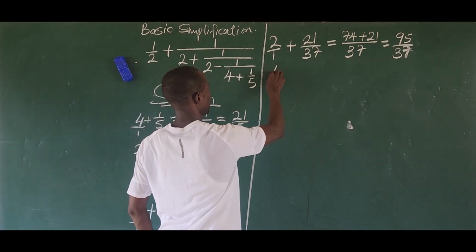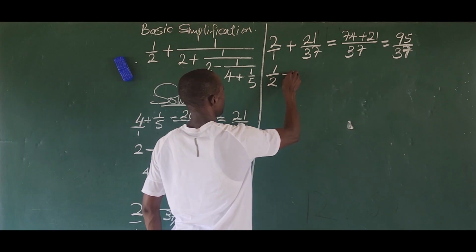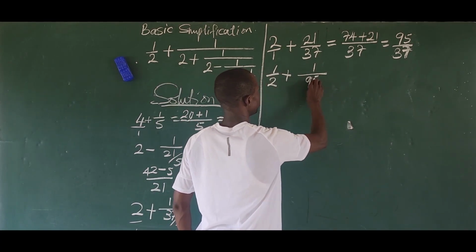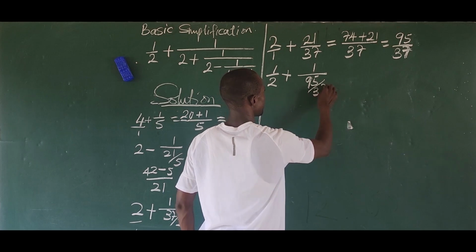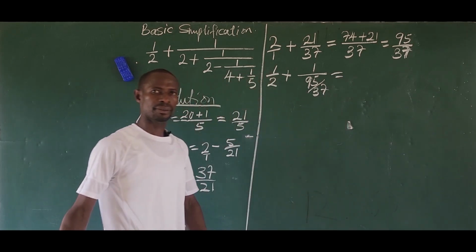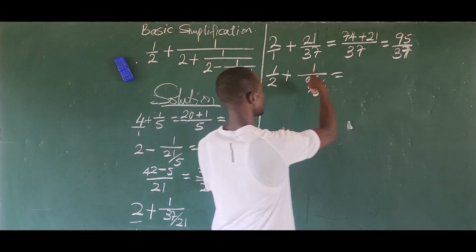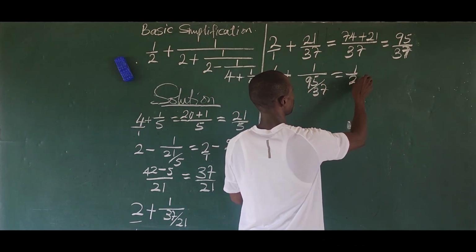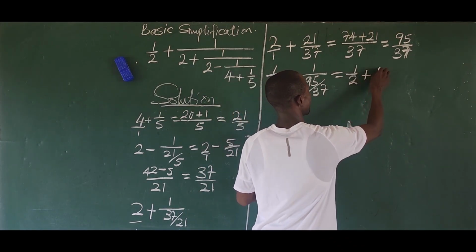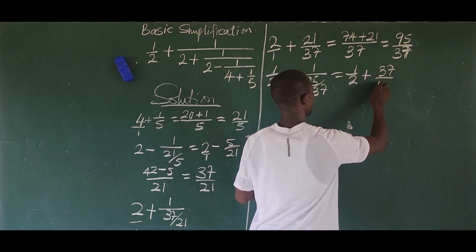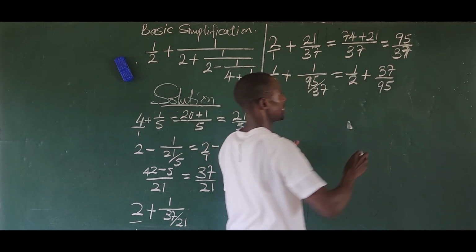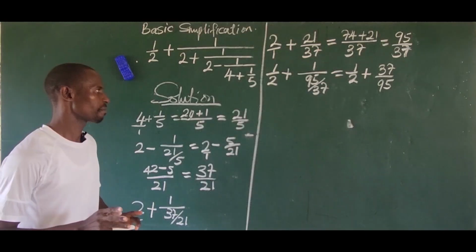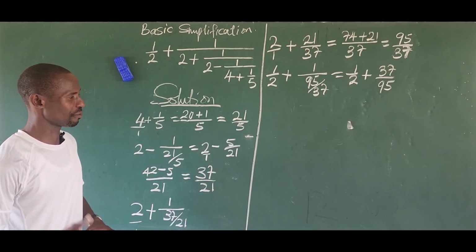So this is going to give us 1 all over 2, then plus 1 all over 95 all over 37, which is equal to, again, we just have to flip this over because this is the reciprocal of everything here. So I have 1 all over 2, then plus 37 all over 95. Easy. So the LCM of 2 and 95 will give us 2 times 95, which is